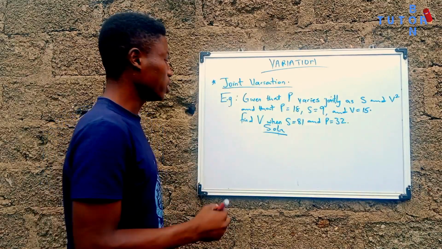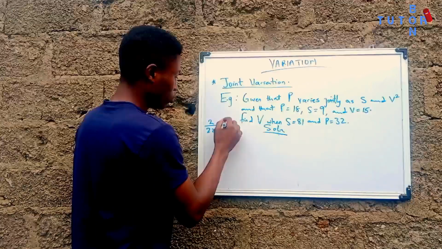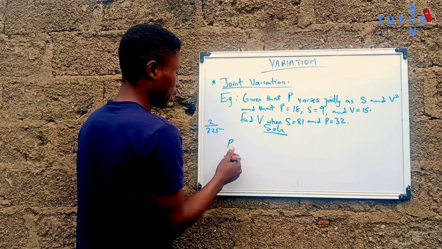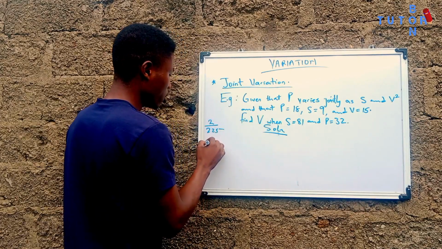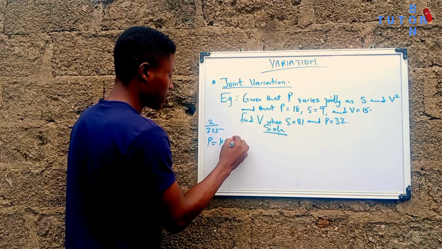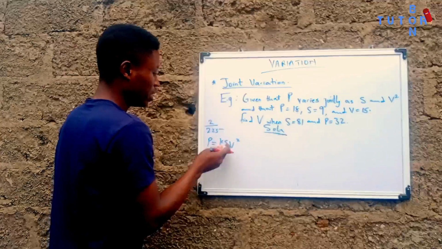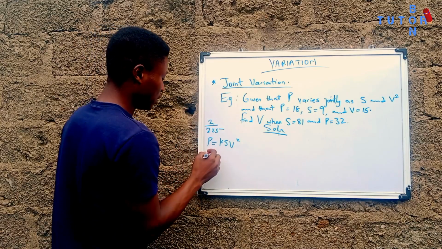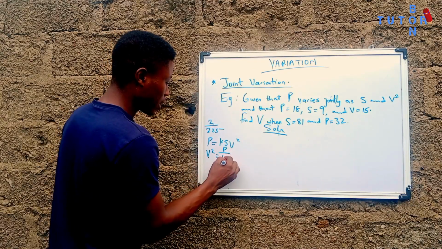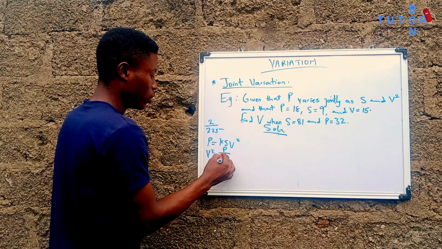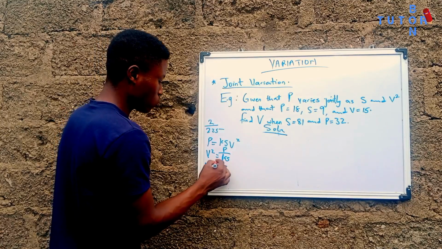So now that we've gotten our k to be 2 over 225, we just have to leave it aside and come to the formula that says p equals k s v squared. We need to make v the subject of the formula, thereby we transfer this k s to the other side, so you have v squared equal to p over k s. But mind you, we need only v, not v squared, so your v now is equal to the square root of